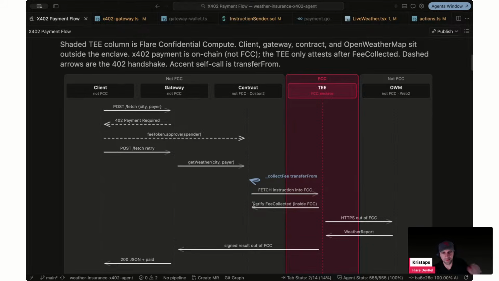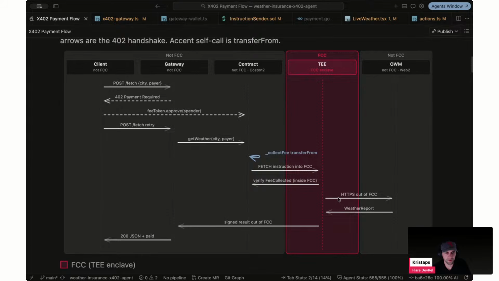But the thing is that the payment happens before we issue instructions. So pretty much that always should belong to the smart contract itself. Then the TEE goes to the API. In this case, gets the information, the weather report, and it relays back the information to